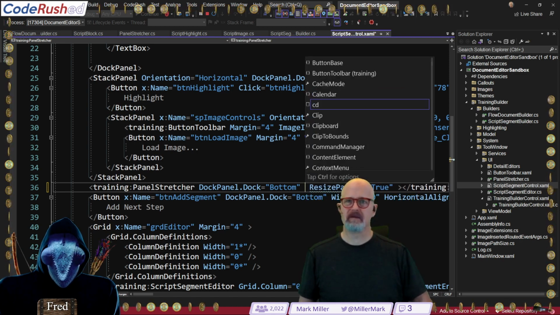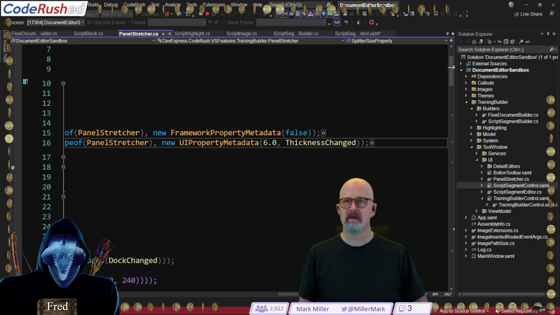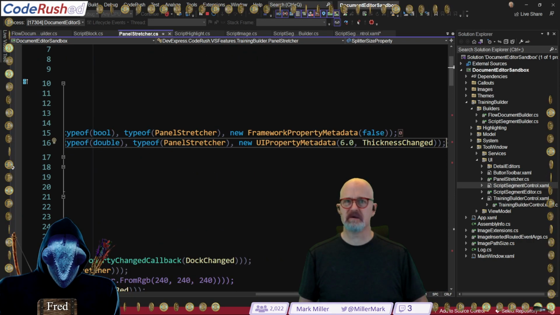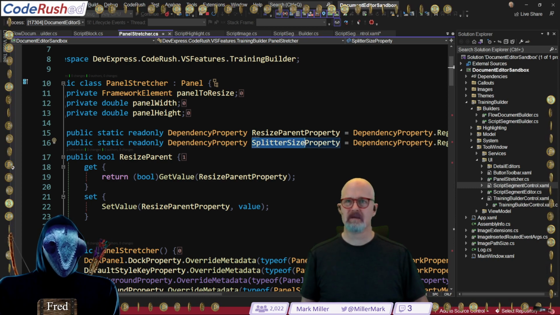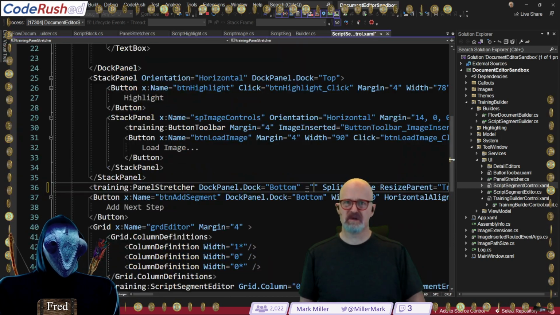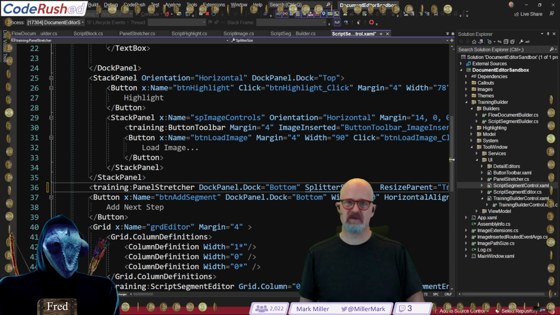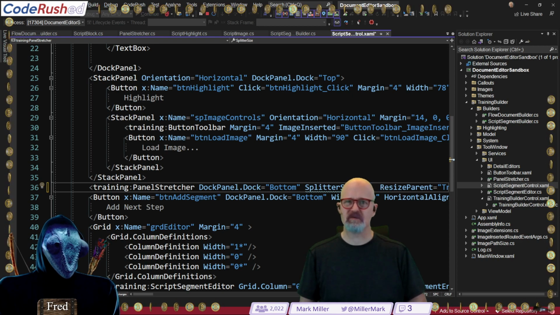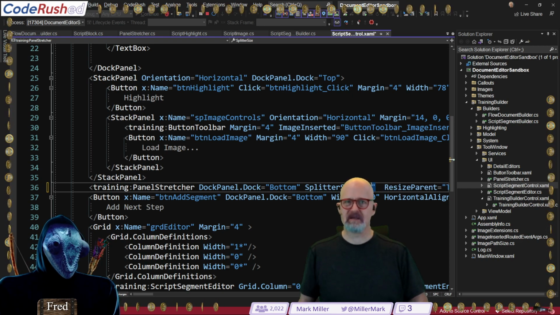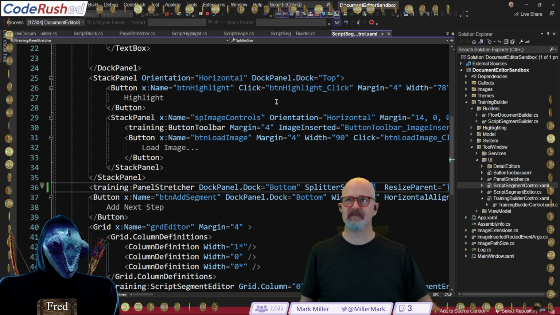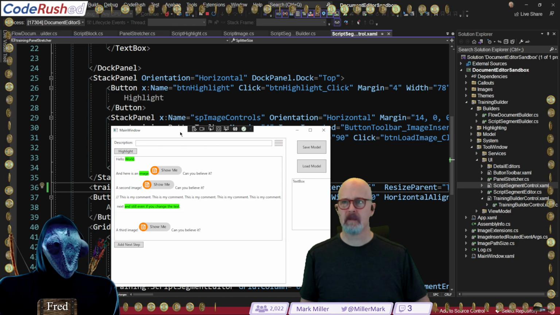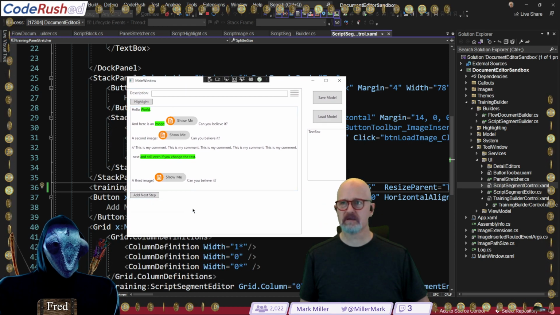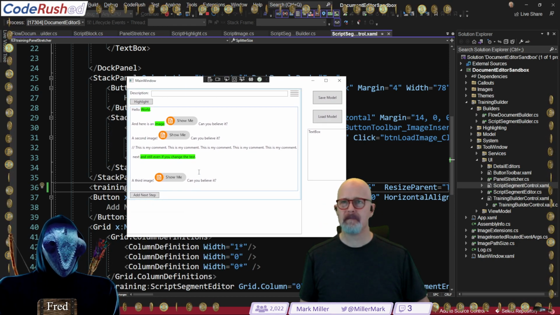What did I call that property? Splitter size property. So splitter size is equal to, well, it wasn't set there. There's the height. I wonder if the height was messing with it. That might be it. Let's change it to 6 like that. I wonder if that'll just take right now. It looks like it's gone. It's gone.